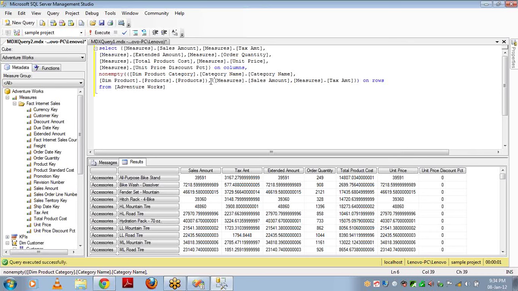This is how the non-empty function works, and this is how you can filter the data. We discussed a few functions, like non-empty without space to filter null records, null measure items. If any row has a particular measure item null, then you can use this non-empty without space, and you can use filter to filter the data, and you can use where condition to filter the data. We discussed all these functions, and let's see